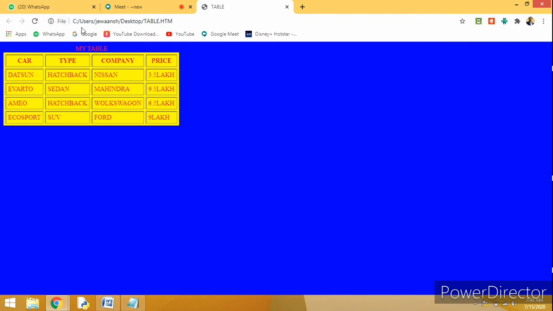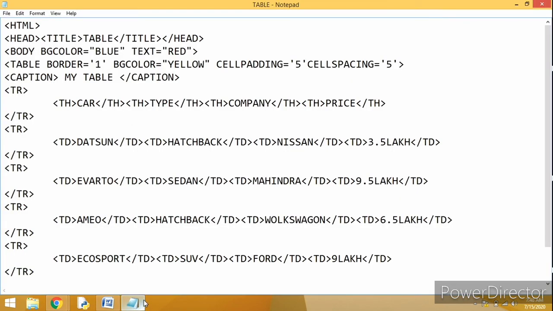Okay, now suppose one more thing I want to do over here is, can we specify the table width and height? Can we specify it?